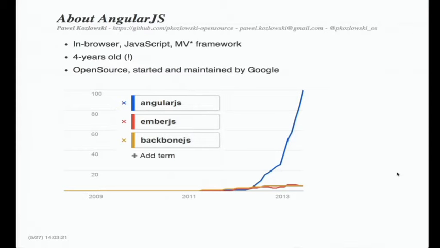So it looks like a new kid on the block, but it's important to know that the history of AngularJS is really rich. It started over 4 years ago. And for 1.5 or 2 years, it was virtually unknown. I mean, there was some traffic on the mailing list, but not much was happening. And then one day, things exploded.